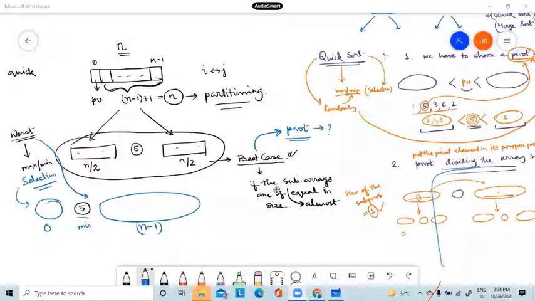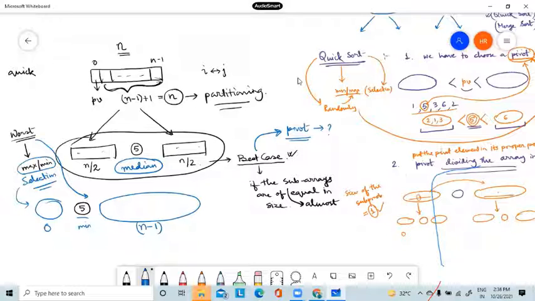Abhay, Abhishek, anyone, please. Which value of pivot will satisfy best case? Yes, say average of maximum and minimum. Not average, it will be called the median. Remember this: if your pivot is the median element, then you can satisfy this best case. If your pivot is max or min, then it will satisfy worst case. So that's why pivot selection is the most important.